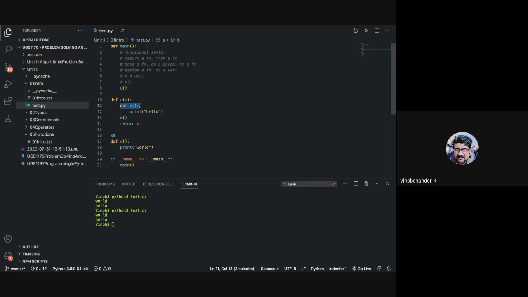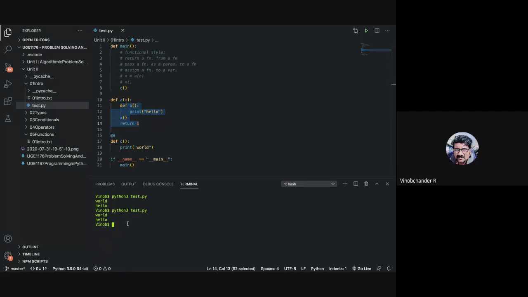So if A is a wrapper function and A returns the inner function, that's a decorator. So a decorator function is a function that returns a wrapped function, or a wrapper function, you can say wrapped function rather. Okay, got it.